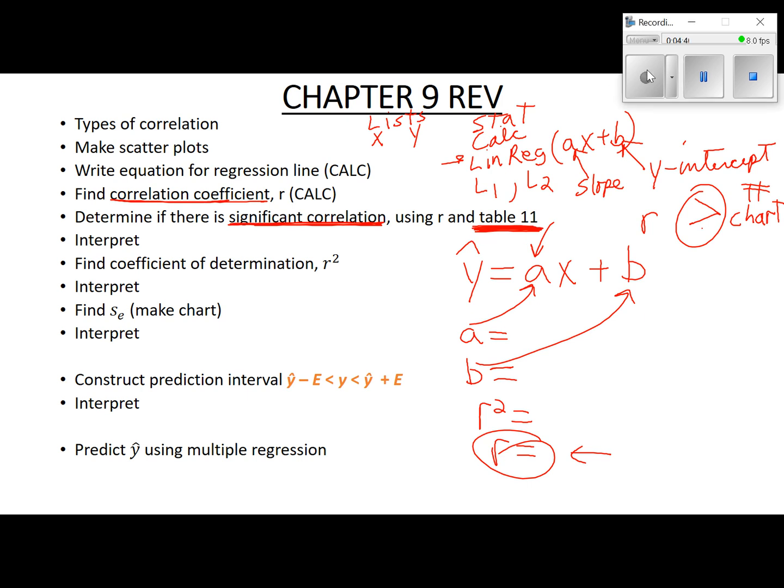And for table 11, you need to know N, which is the number of items in your set of numbers. That's just how many X's or how many Y's. They should be the same. And then they're also going to tell you